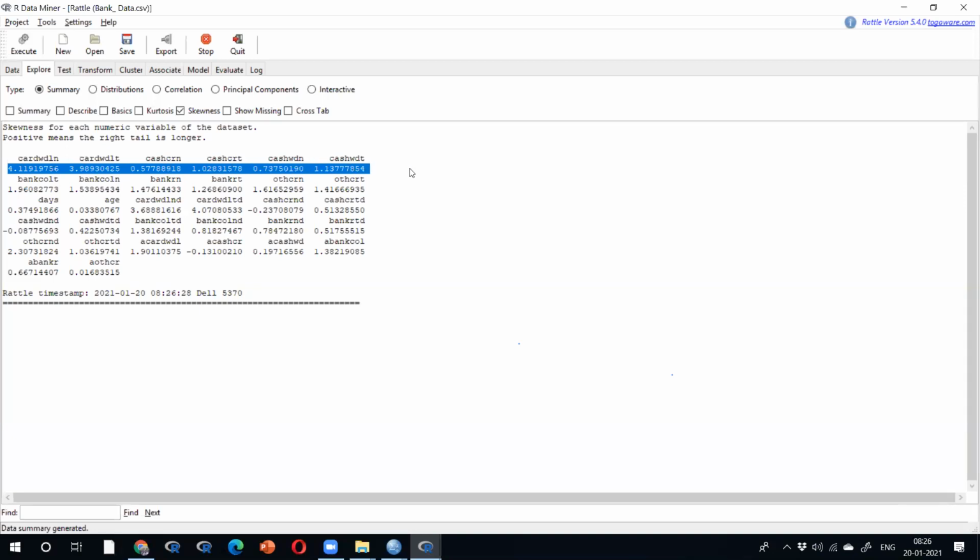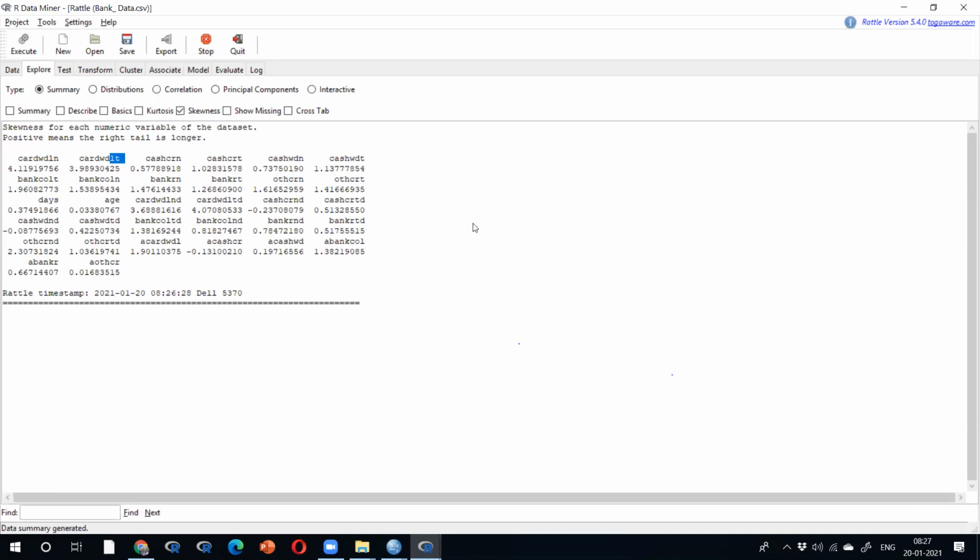honestly, how many good variables are there, Srikanth? Srikanth, give me an answer. Yes, sir. This cash CRN is a good variable. This variable is a good variable. Cash withdrawn is a good variable. The worst variables: cash, DLN, last DLN, DLT. These are the worst variables based on yesterday's discussion.